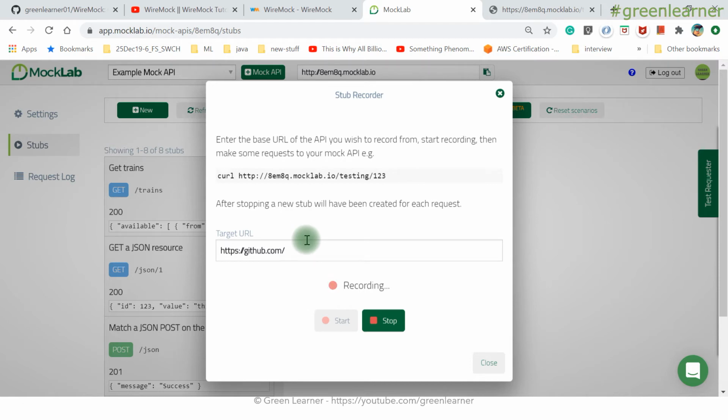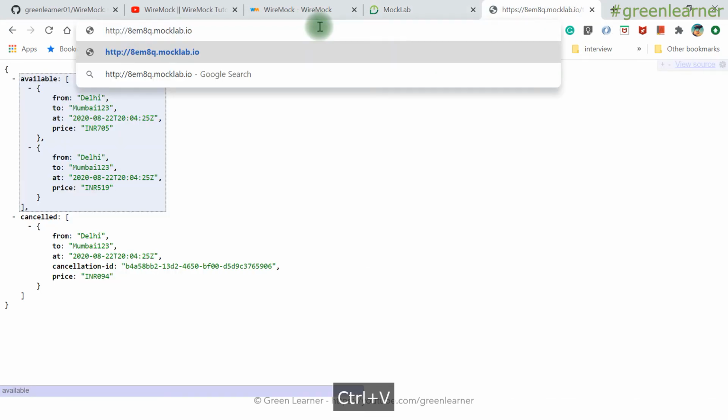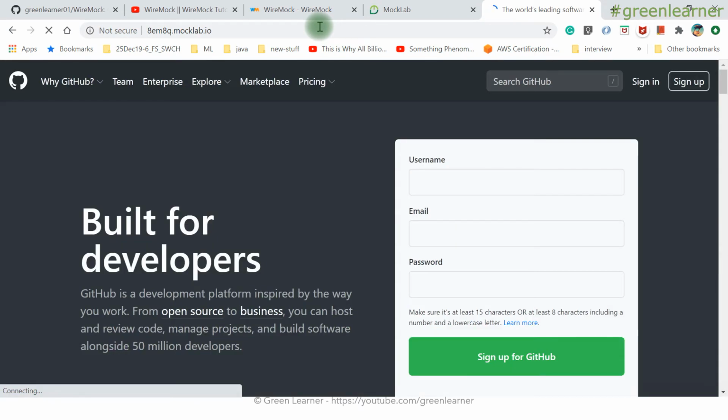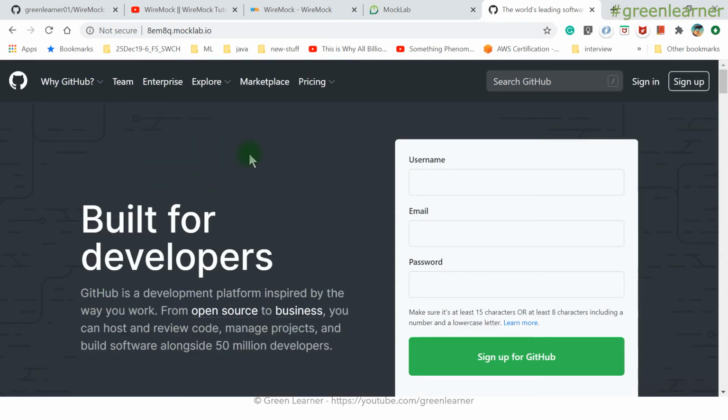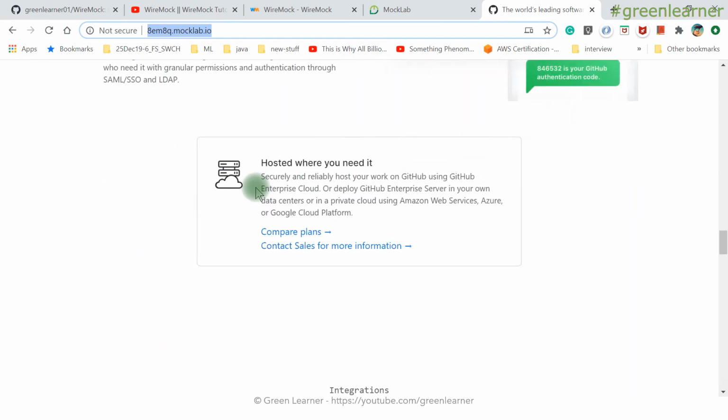If you remember the standalone server, when recording websites you had this target URL where you entered the URL where your server is running. Now I have this base URL. When I go ahead and hit this one, it is going to give me the GitHub page. It has given me, right? So this is the GitHub page. Now it is configured to record the GitHub website. That is why I'm getting this response, right?